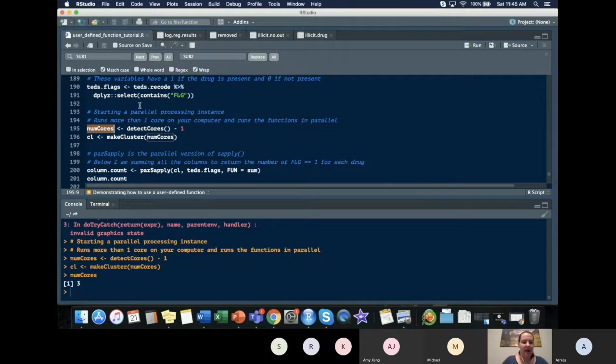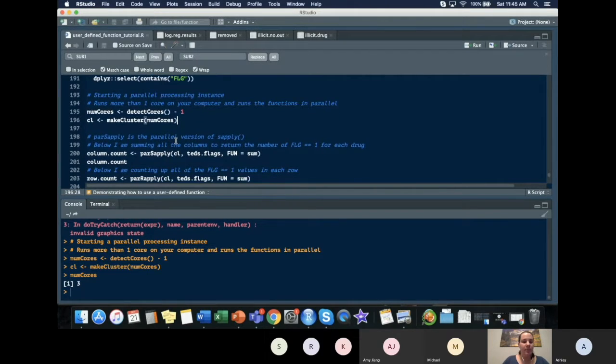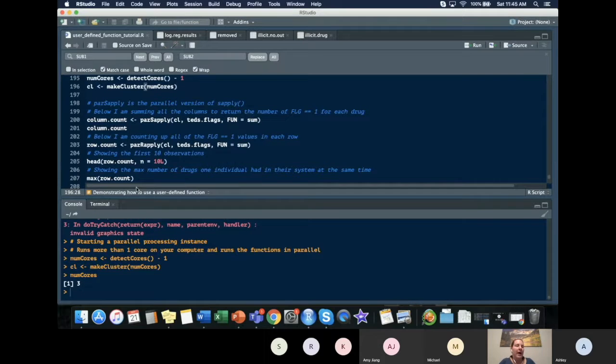You'll see the number of cores that -1 is 3 on my particular computer. What I'm going to do here is find, for all of the 2017 admissions, how many were done for specific drugs. So this is going to count up all of the column values together, where they're going to sum all the ones, and it's going to dump out how often each of those drugs occurred in